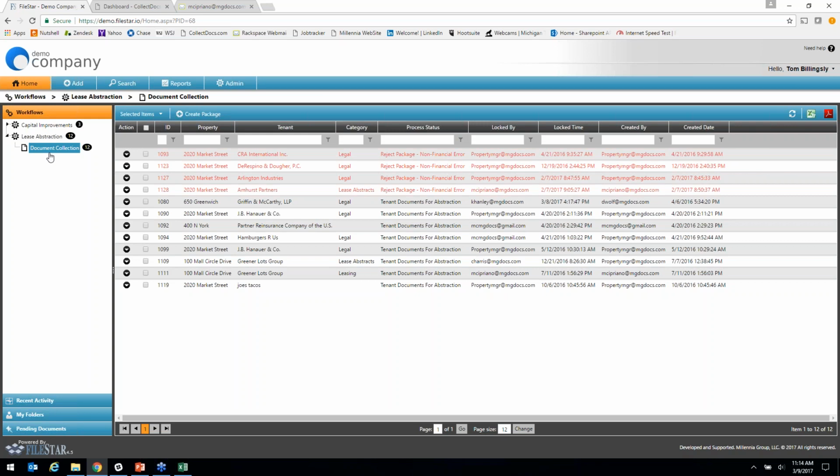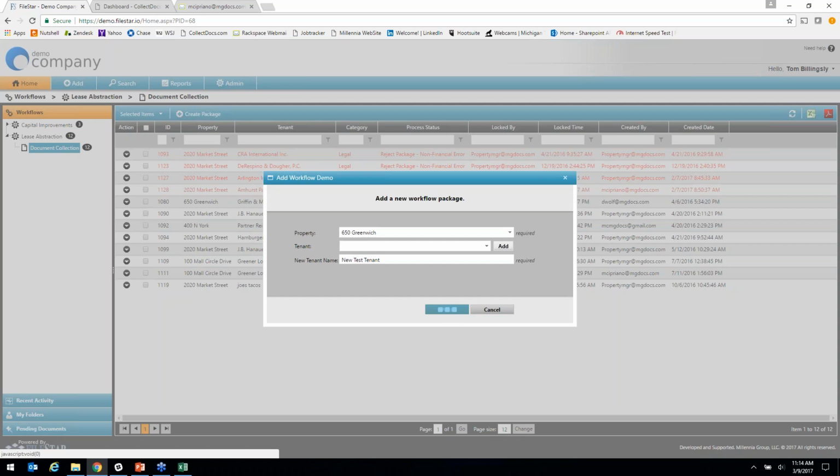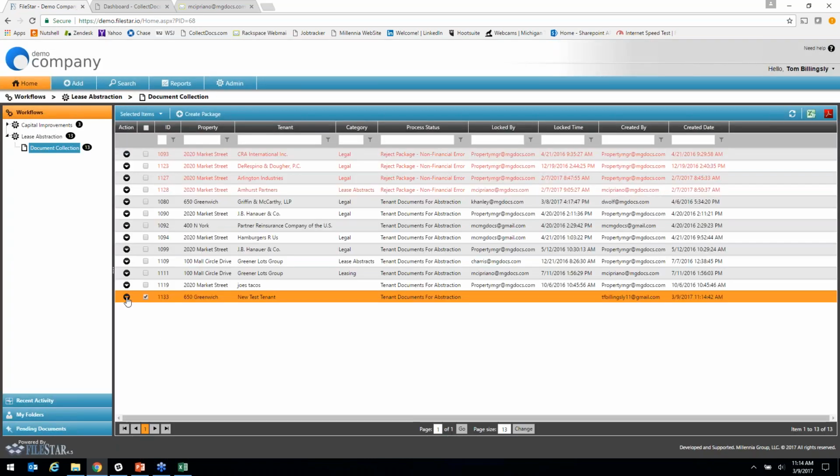I'm logged in with a user that has only step number one of a multi-step process, but they're part of the document collection and starting the package of information. So again, if we're sticking with our property, let's assume it's a new tenant, and we'll go back and use the certificate of occupancy approach. So I know it's a new tenant,